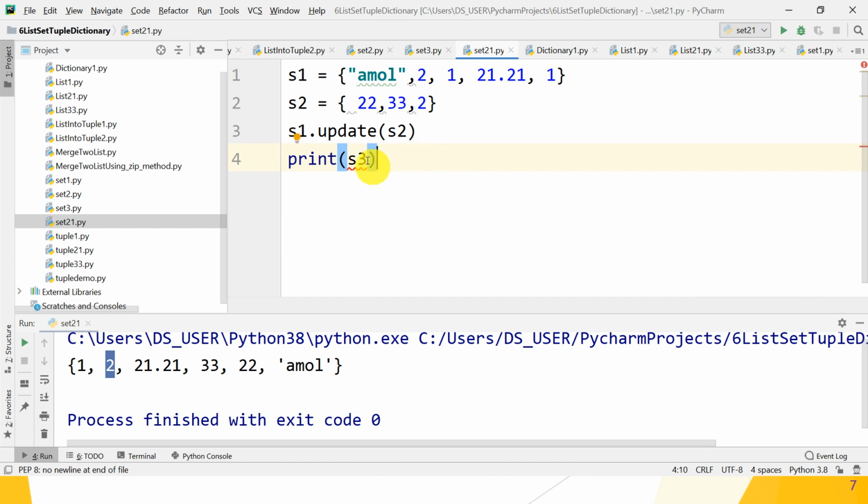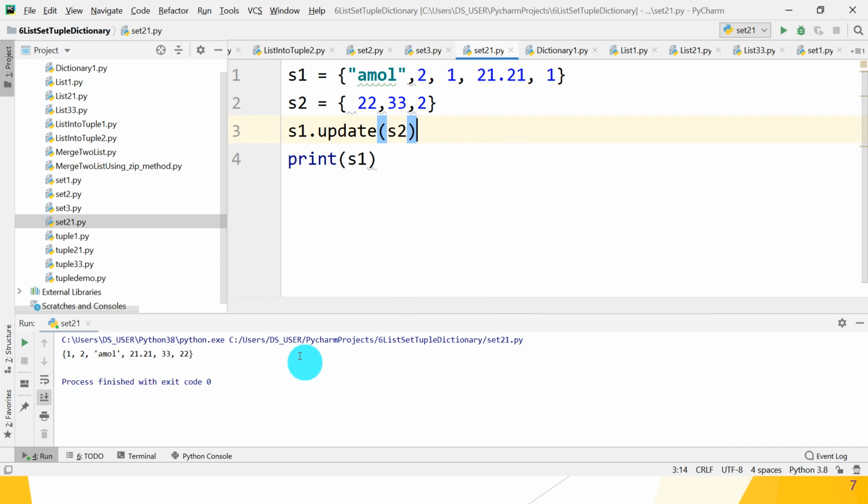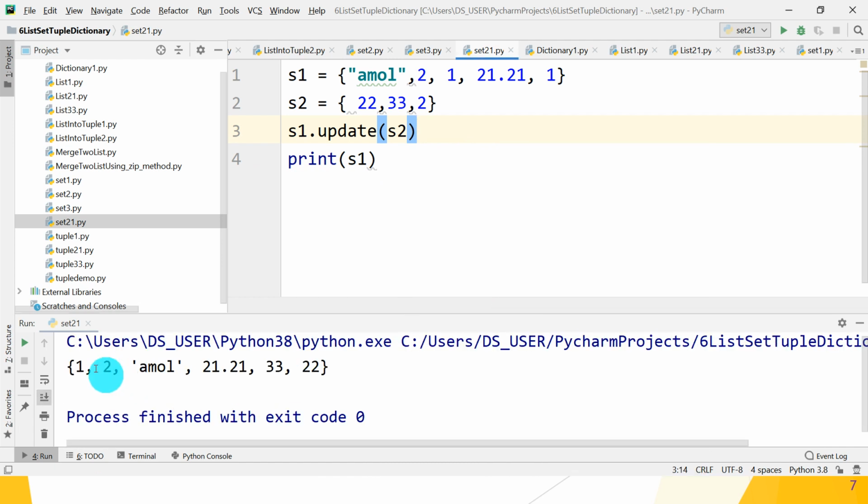And after that print S1 because result is stored into S1 itself. So what is the result? Great guys, so two sets are combined and the whole result is saved into S1. Great, but duplicate element 2 is removed from your set. I hope you understand how by using update method we can join the two sets.